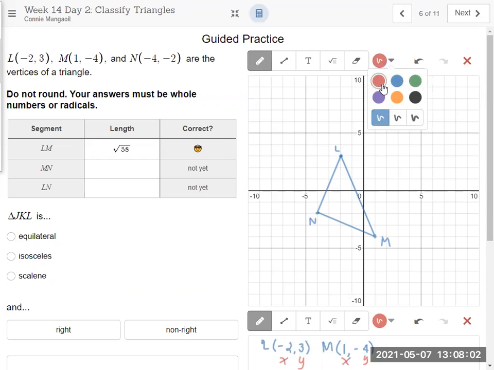We found LM by using the distance formula, but let's verify using the Pythagorean theorem. So LM is this side. We form that right triangle again, and then we count. That's 1, 2, 3 units. This is 1, 2, 3, 4, 5, 6, 7 units. All right, so your LM,